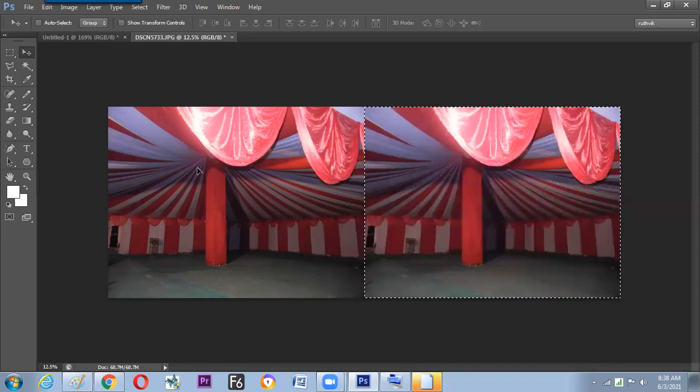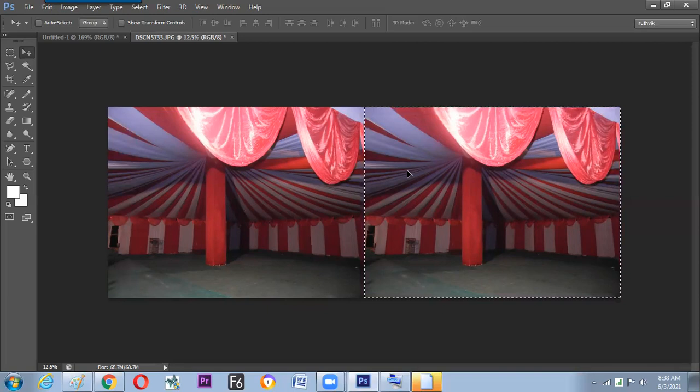So, hope we have understood now how to make a duplicate of a particular selected area with the help of the move tool with the help of alt. Now, till now it's okay. Is it okay now? Fine. So if you're getting it, we'll move to the next higher option.